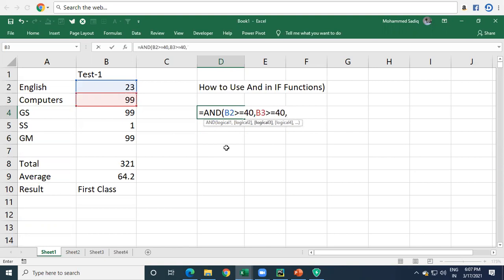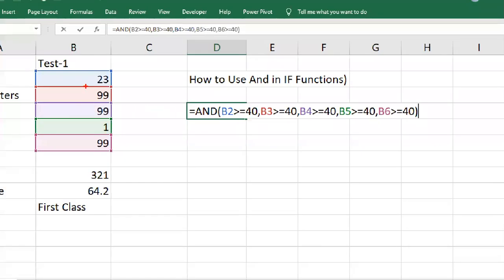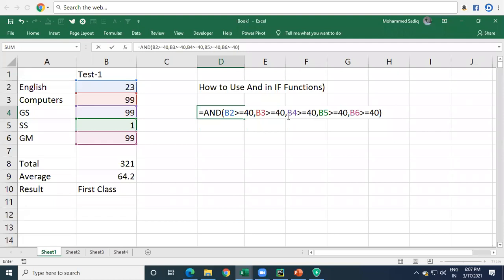I can check multiple conditions. The third subject, whether that is greater than or equal to 40. The fourth subject, whether that is also greater than or equal to 40. The fifth subject, whether that is also greater than or equal to 40. So now I've given 5 subjects. I'm expecting all the 5 subjects should be above 40. If you score above 40 in all the 5 subjects, AND is going to return a logical output as